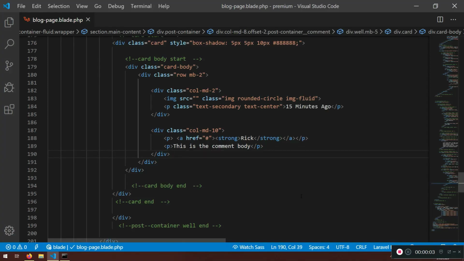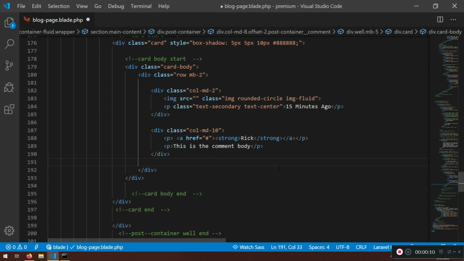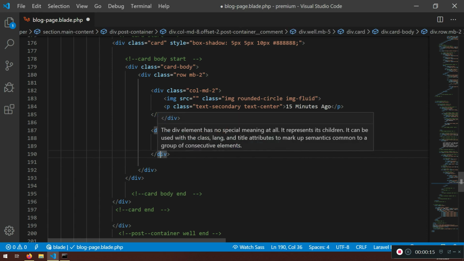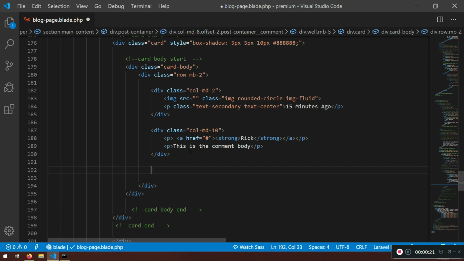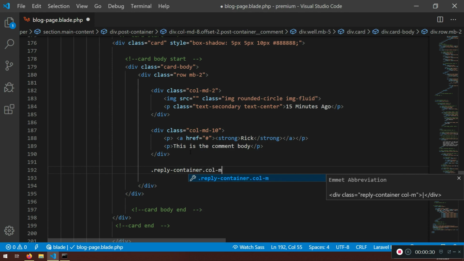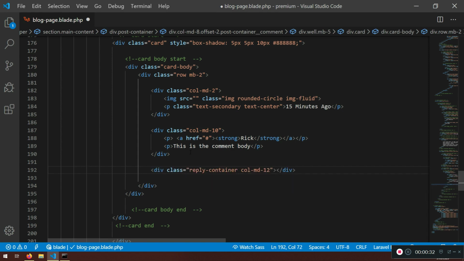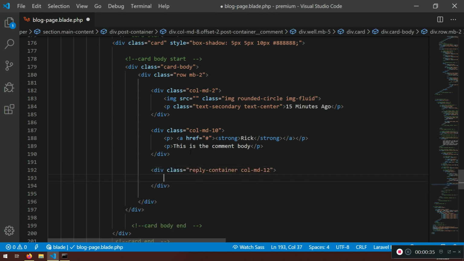So what we are going to do is continue working here. After this comment body, we need to work on a reply container, as I told you last time. So after this div here, create a reply container. This reply container will be called MD12. Very good. Now in this reply container,